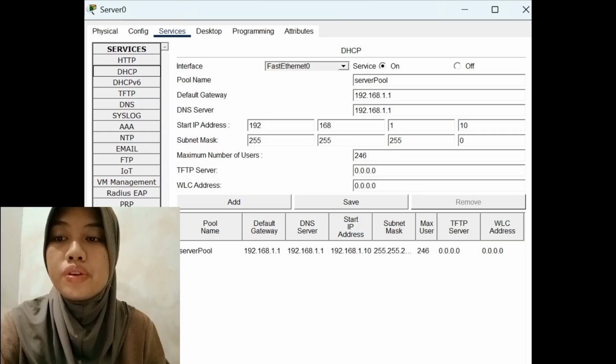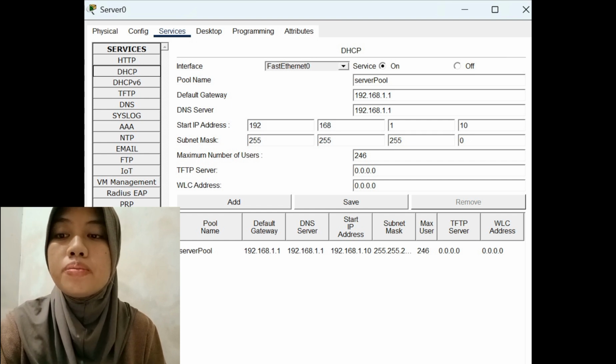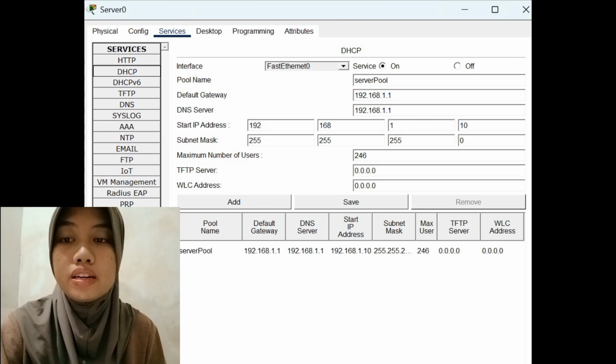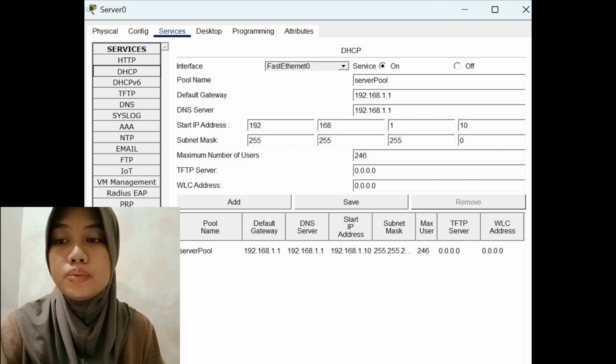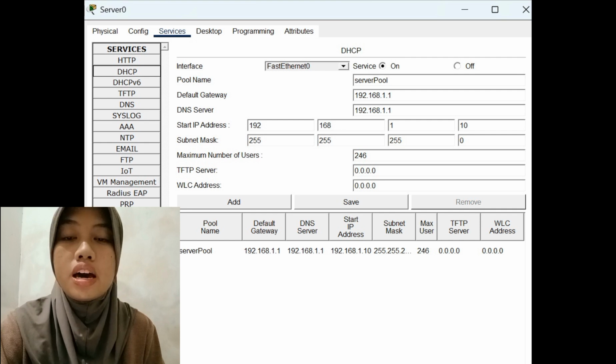And next is configuring the DHCP service. The DHCP is configured to automatically allocate IP addresses to all client PCs according to the objective of the practicum. These are the steps: click on the Services tab, then DHCP, and set the DHCP service status to on.